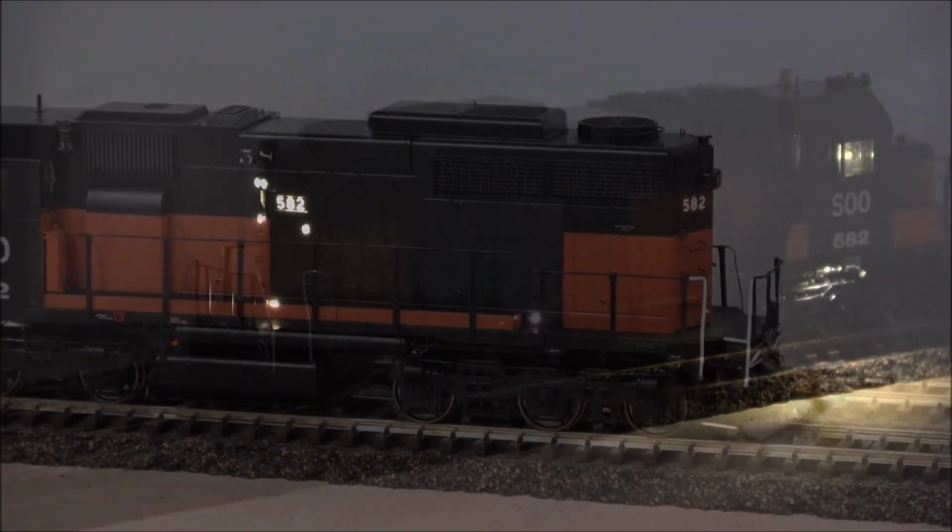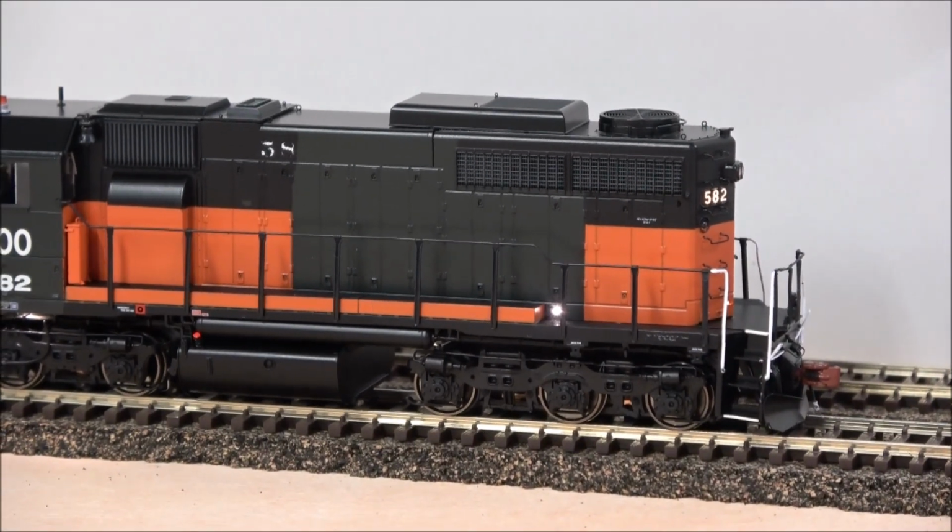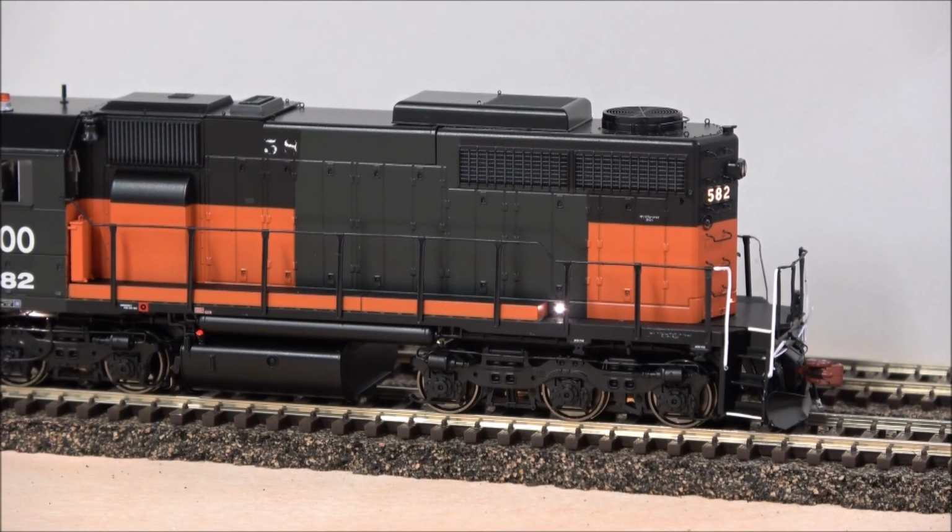You can turn on the reverse headlight here just by going into reverse. And again, tri-colored LED class lights on the back, depending on how many times you hit F5, but those correspond with the ones in the front at the same time. I did flip this around so you could see there's a walkway light